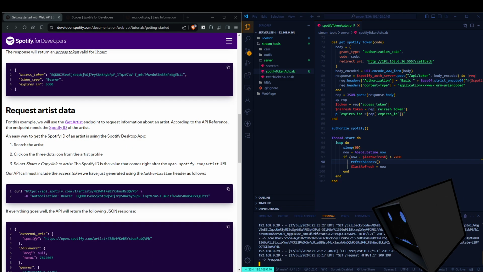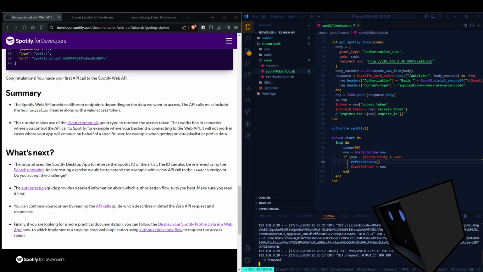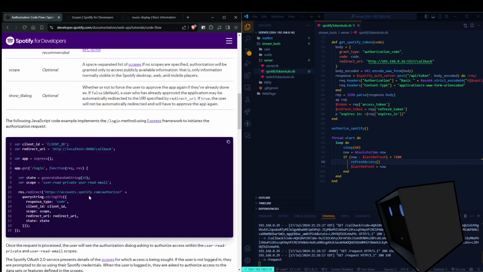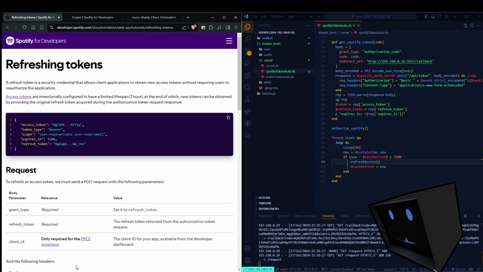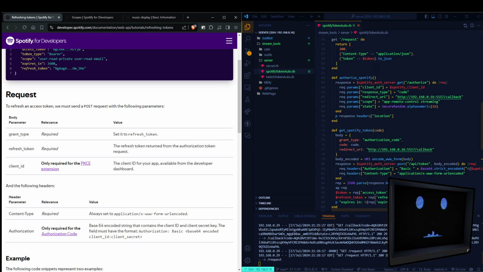Yes, I get a refresh token. How do I refresh? Refresh token guide. This is what I want. Okay, so I get this right now. This is what I get. How do I refresh? So,